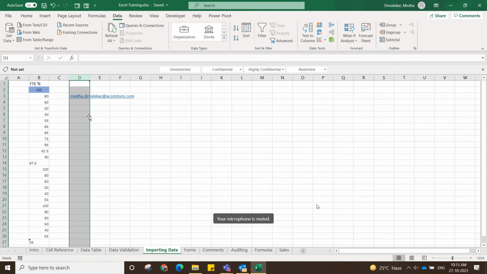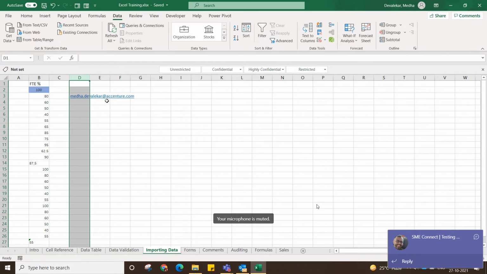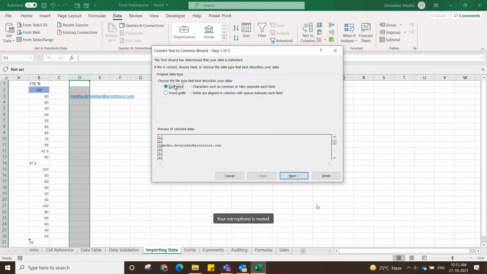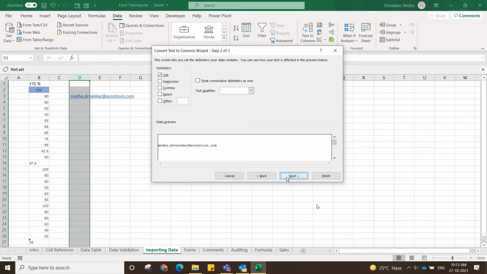Sorry. So now I have to split my enterprise ID and separate @accenture.com from this. How will I do it? Again, I'll choose Text to Columns. With the help of a delimiter, I will choose Other and write @ here.